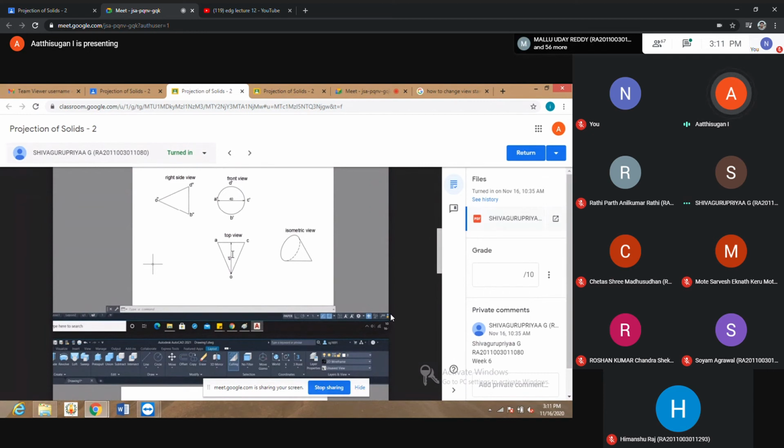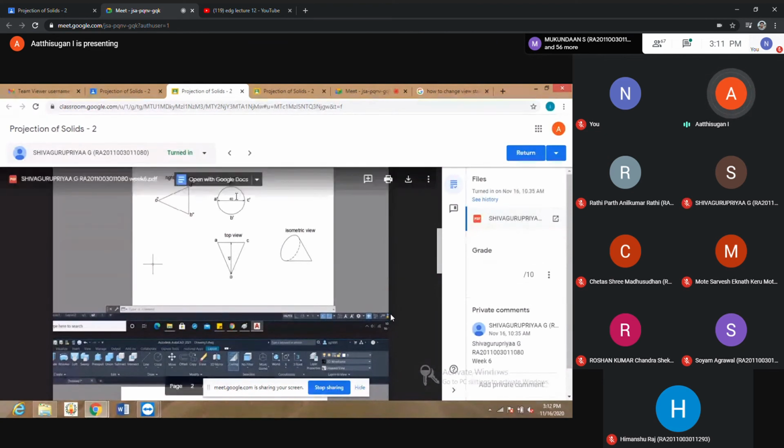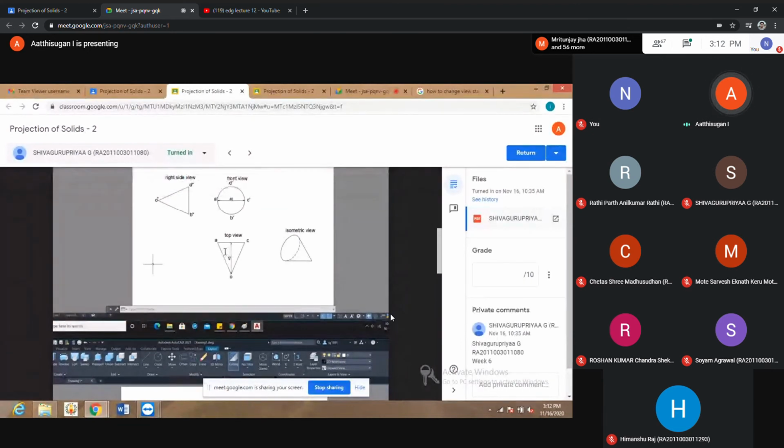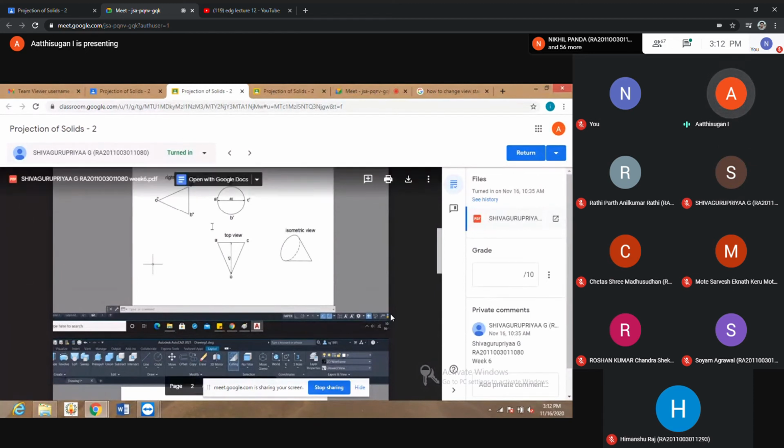Don't give dimensions inside the diagram. Dimensions should be given outside the diagram. Here also 40 is inside, and the 45 altitude height is also inside. So you have to give the projection outside of the diagram, so you can change it. Remaining is okay. You draw XY lines. The dimension should be outside of the diagram.